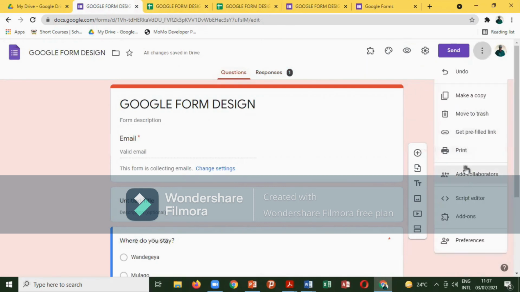So there's this one, adding collaborators. Come here and you add collaborators. Adding collaborators, you want other people to manage the Google form. Yeah, like if you want me to also be able to see the responses, you can add me as a collaborator. So in case at one time you want someone else to help you edit the thing, if you are doing the data analysis, so for you